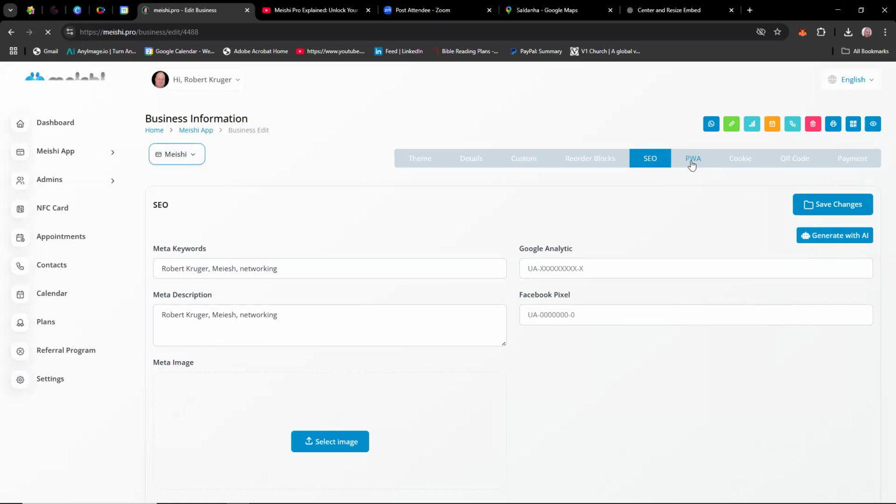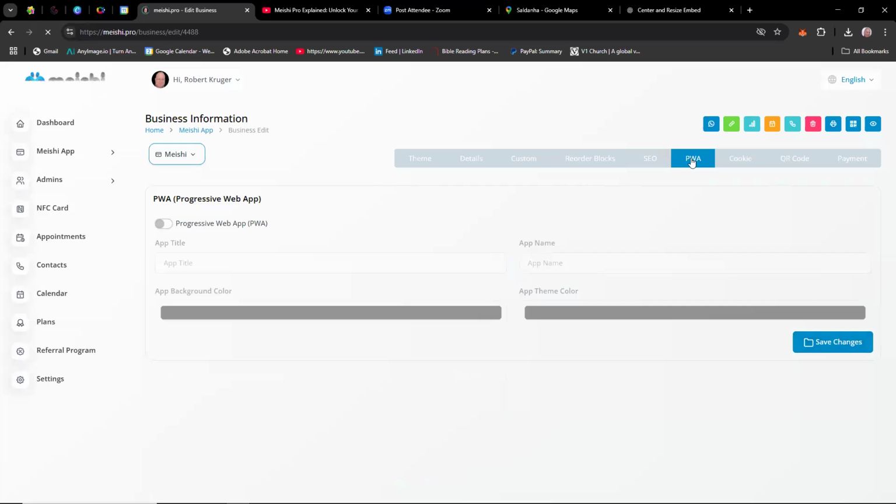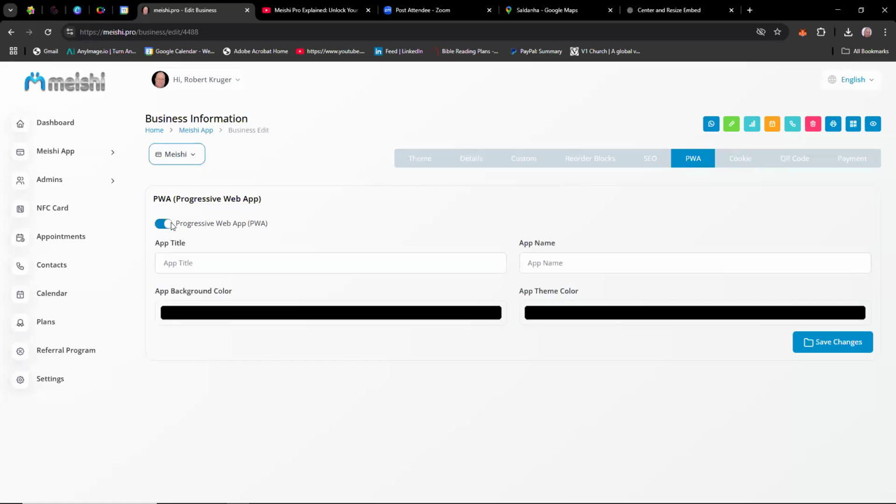The next section that I'm going to have is PWA. Now the PWA means that whatever you change on your app will be changed straight away on all the apps, whatever changes you make. So you have to activate it. You activate your Progressive Web App, you'll open it. Your app title is